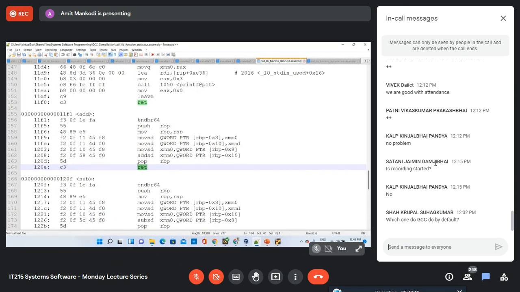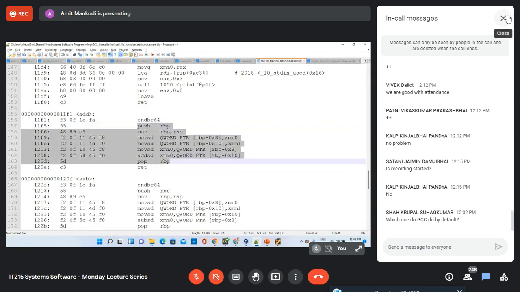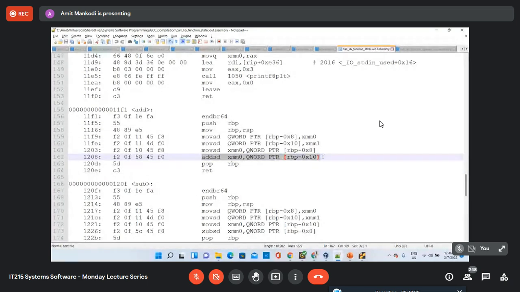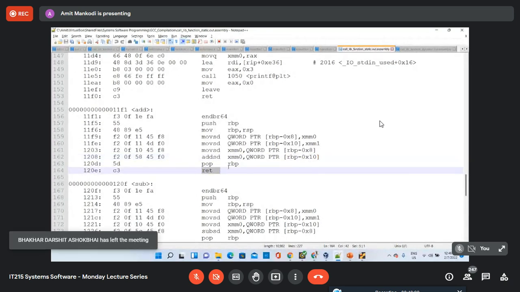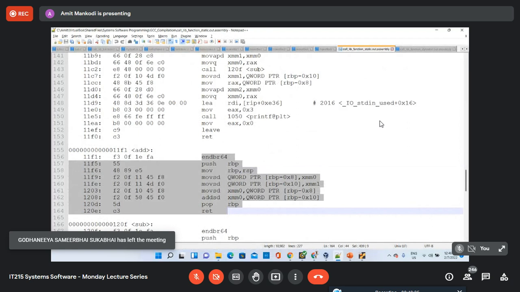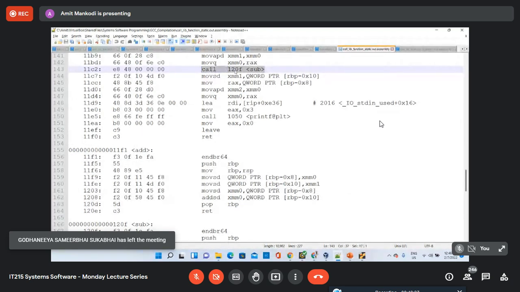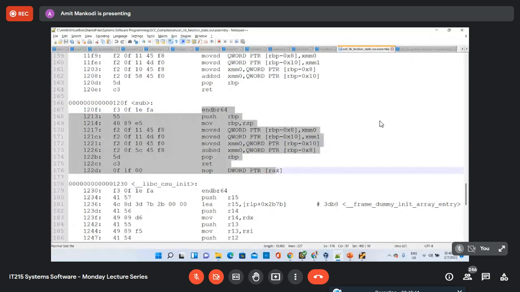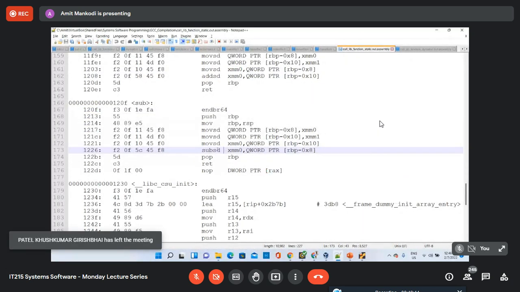And then using the stack, it is returning that value back. So this function is reading the values, accepting the arguments, adding the values, and then returning that back. So this is the actual function code. We can see that. Similarly, if you see the subtract function, the sub function, again, it is located at this 120F, and that is what we have here. And you can see that there is a sub command, which is your subtraction command, right?